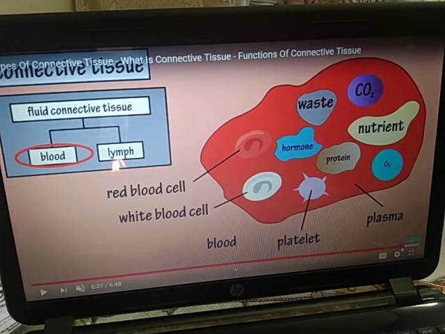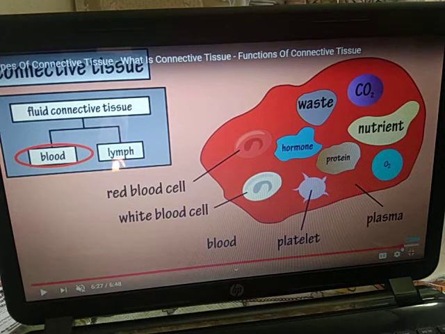Let's discuss a little bit about the white blood cells. White blood cells are of two types, granulocytes and agranulocytes. In the diagram it is given; an explanation is not given in NCERT. Granulocytes have the nucleus, with granules present. They are of three types: basophils, eosinophils and neutrophils. These are the three types of granulocytes.